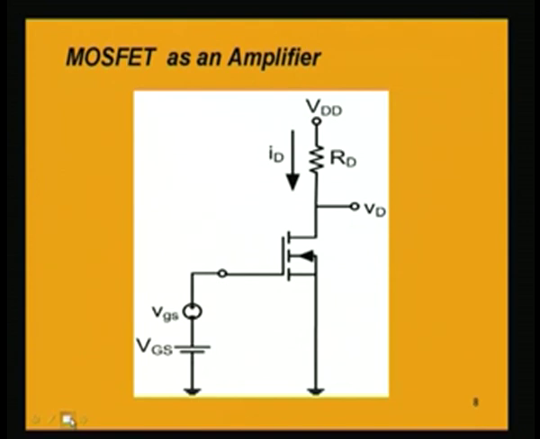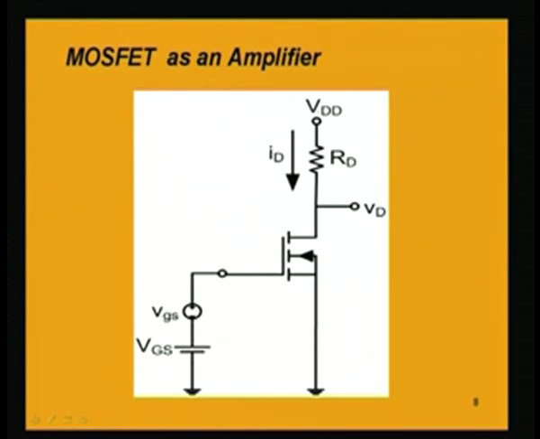Earlier, when we were discussing BJT, bipolar junction transistor, we studied the application of the BJT as an amplifier. We have seen how amplification of a weak signal takes place. Similarly, a MOSFET device also is used as an amplifier. So, now we will be studying the use of MOSFET as an amplifier. So, if we now take for example a simple circuit to illustrate how a MOSFET device is used for amplification,